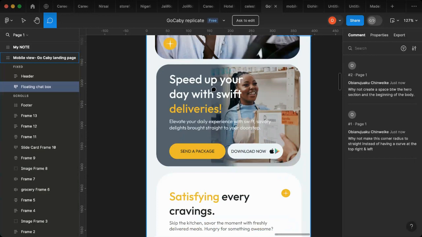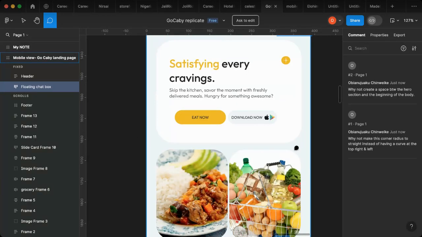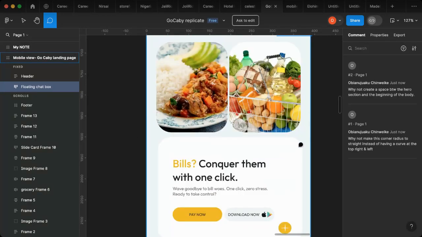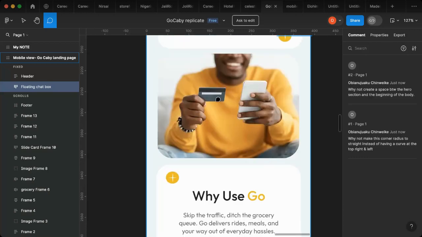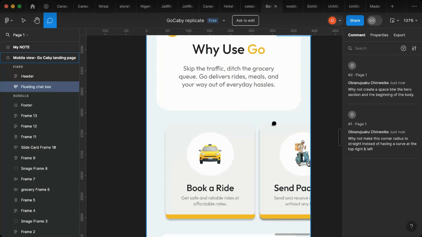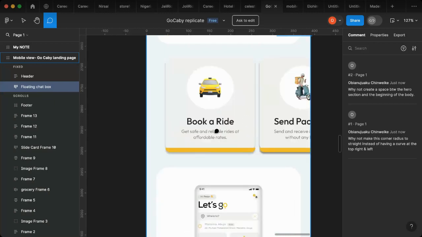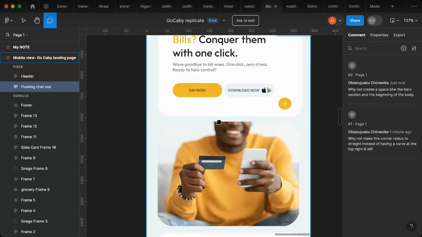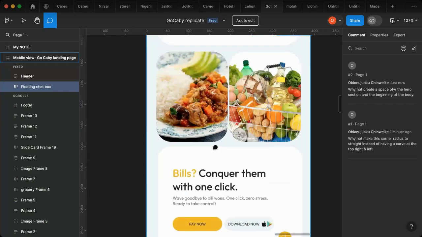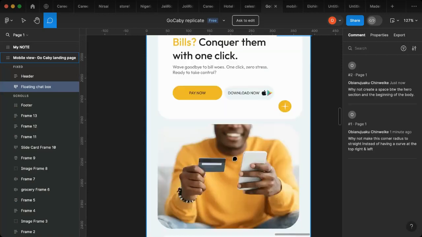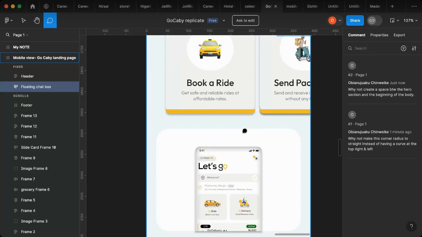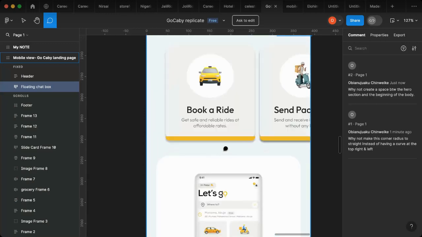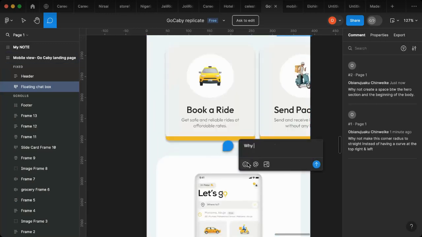Now every other thing is okay. I love the alignment, which is okay. I love the background color, and then she made this white, which is perfect. The image is okay, perfect. The choice of color is okay, and this interaction she did here is perfect. Now you can tell that while scrolling, the spacing between each section changes here and here. So all I have to do is say,